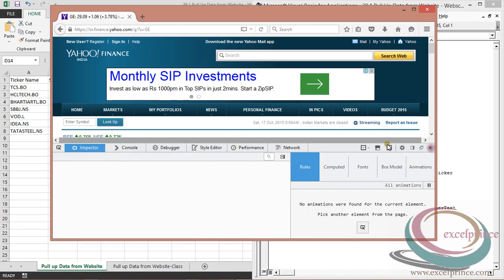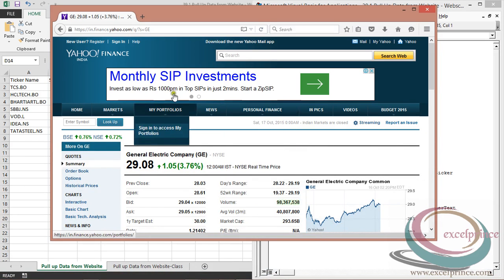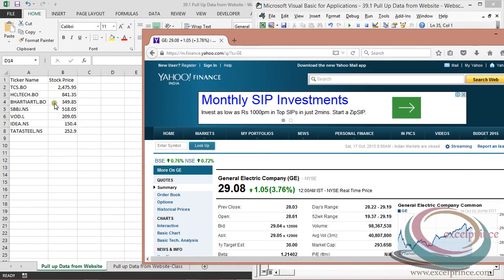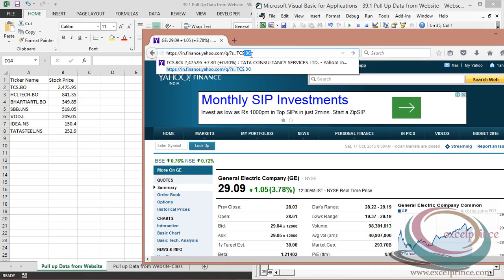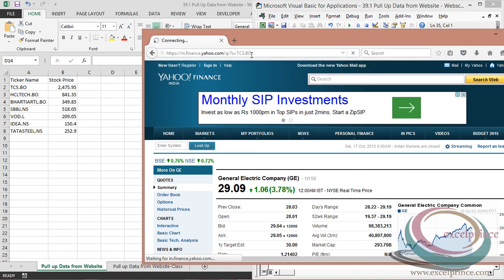This is the page from where we have extracted our value. Let me paste it, TCS.BO. Let me show you how the values get picked up.